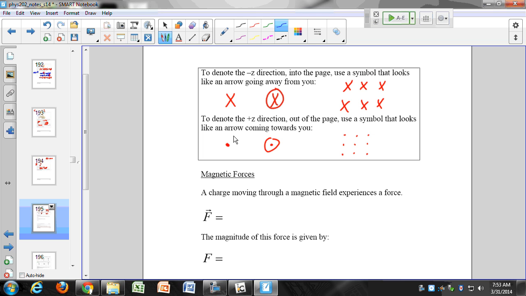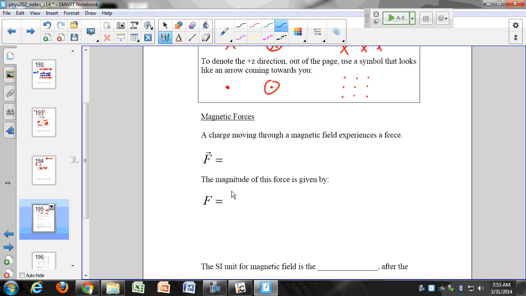All right. So magnetic forces. If I have a charge that's moving through a magnetic field, it experiences a force, and we'll deal with this quite a bit. That force is given by the magnitude of the charge times the velocity vector crossed with the magnetic field vector. So Q v cross B. By the way, whenever I have a constant, say, I don't know, let's call it 2, A cross B,